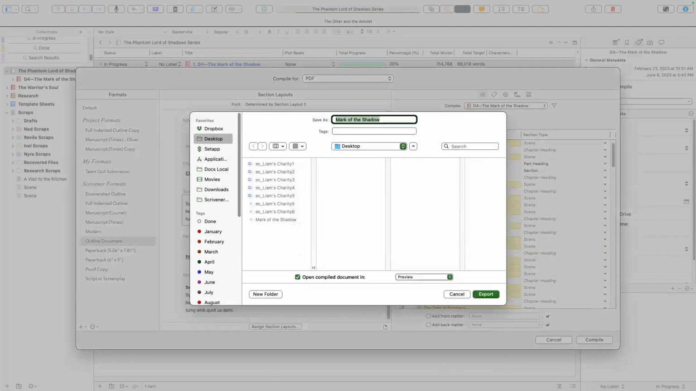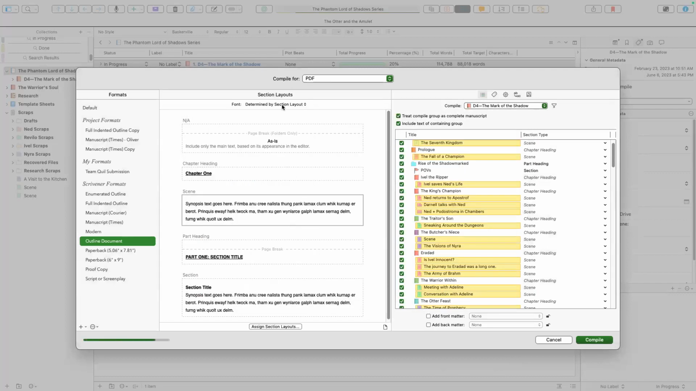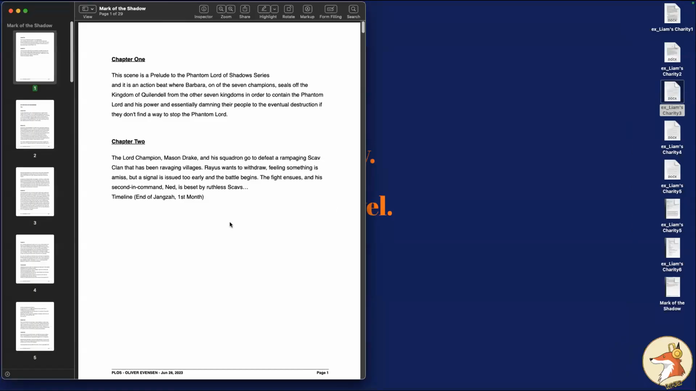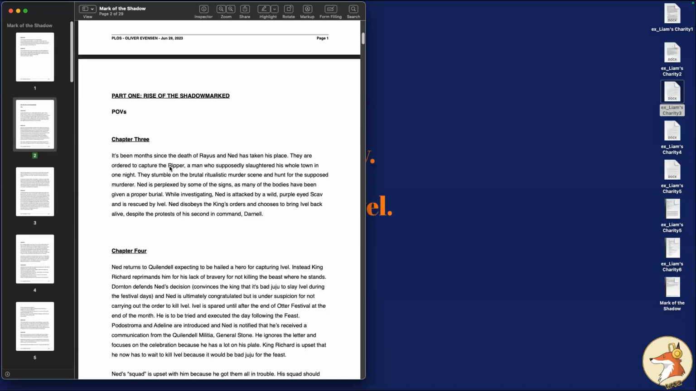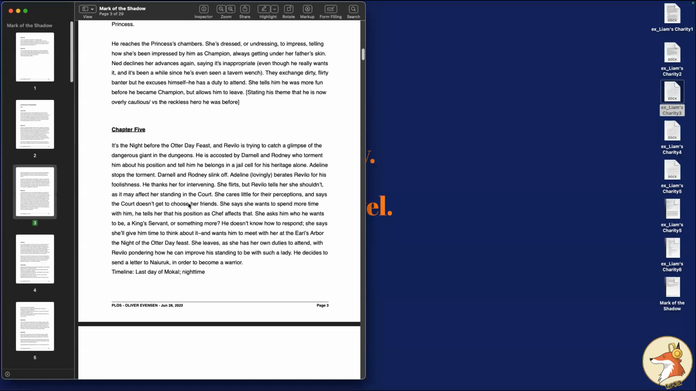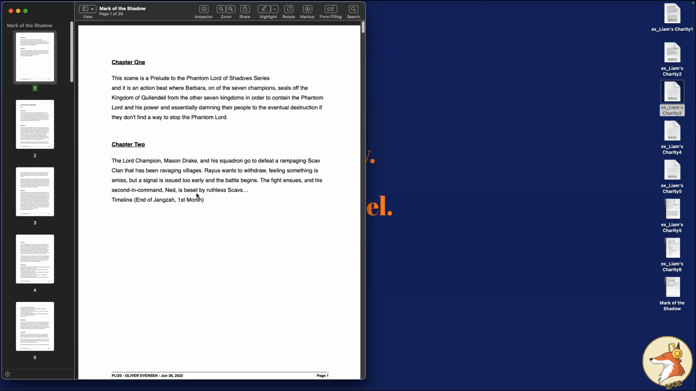Mark with the shadow, replace. Loading up. There it goes. Okay, so now we can see we have a chapter 1, chapter 2, part 1, chapter 3, etc. So a little bit of a problem here, because those first two chapters are not chapter 1 and chapter 2. That's supposed to be a